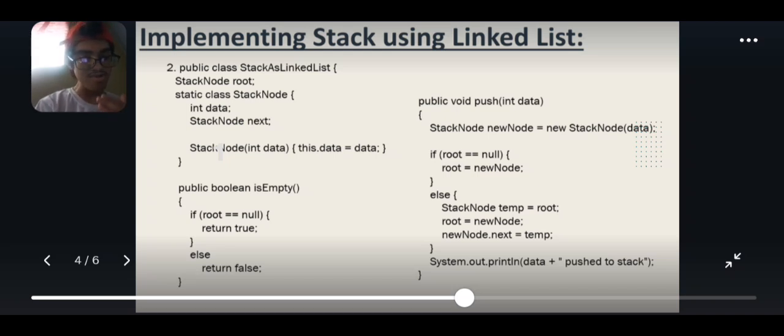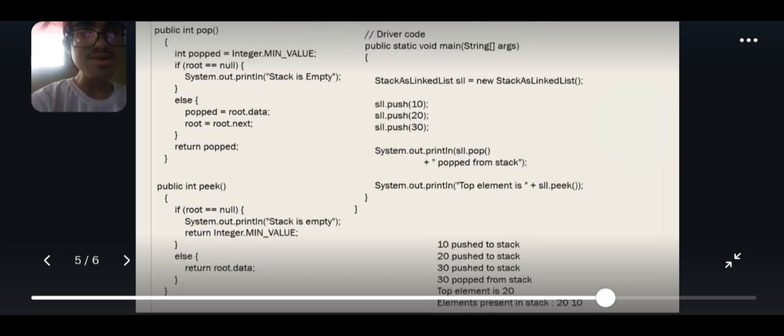So System.out.println(data + " pushed to stack"). This line prints a message to the console indicating that the new node has been successfully pushed onto the stack. It displays the data value of the new node along with the message "pushed to stack". So next is